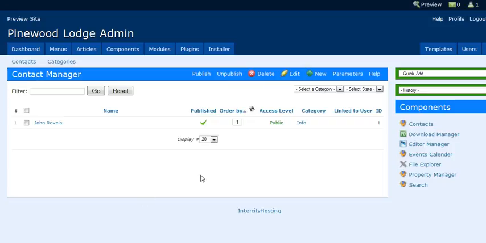Okay, in this video, I was just going to go over the components here. The components are basically small programs that are built into the website itself, and they actually provide most of the functionality. So, say for instance, if you wanted to control the contacts, right,